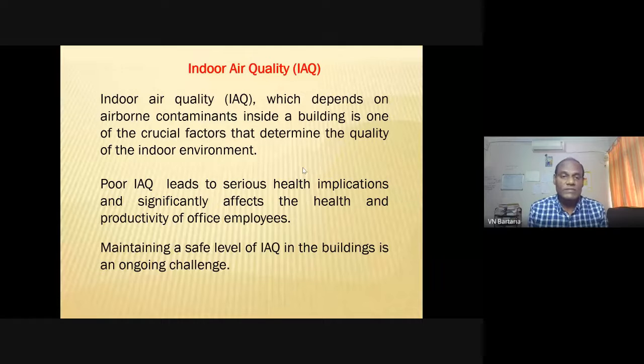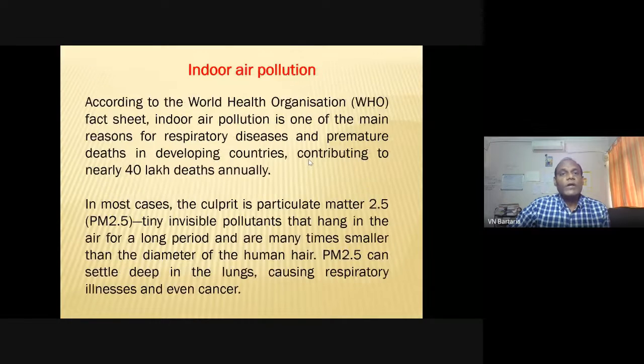Most of the citizens of India are not in fact aware of indoor air quality, and those who are aware are either not able to maintain the indoor air quality, or they are least worried about it, although they are getting the bad effects of it. Several lung diseases and asthma are occurring because of poor indoor air quality. So we have to give due consideration to indoor air quality.